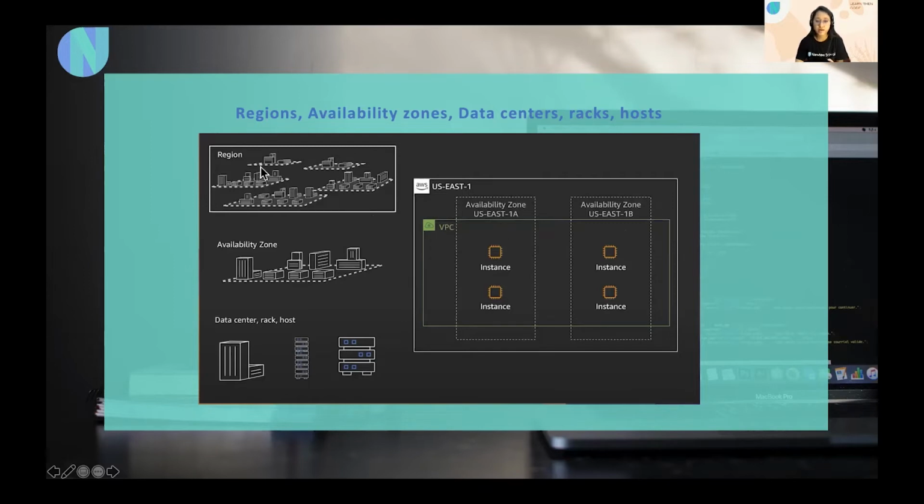All these AZs are connected to each other in a specific region, and the data transferred from one AZ to the other one is encrypted. So we have complete security. So I hope this is now clear to you: what is a region, what is an AZ, and how they're connected together, and how VPC comes into this place.